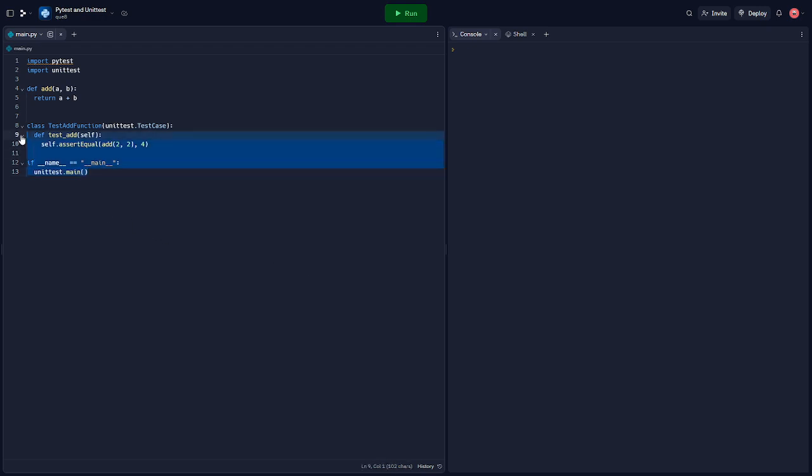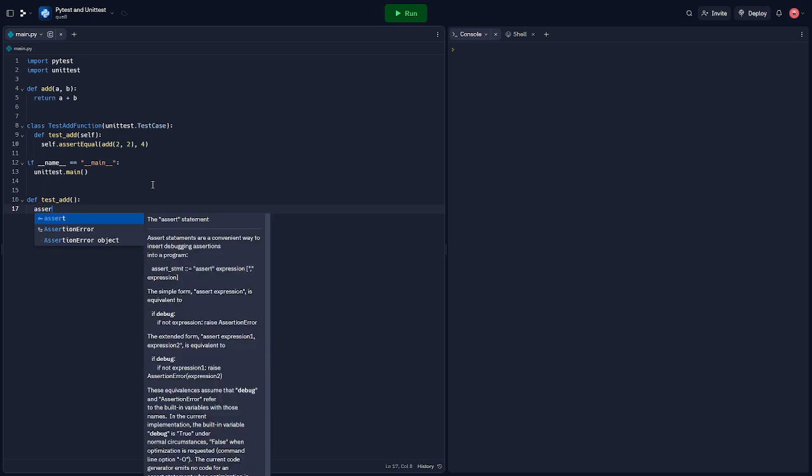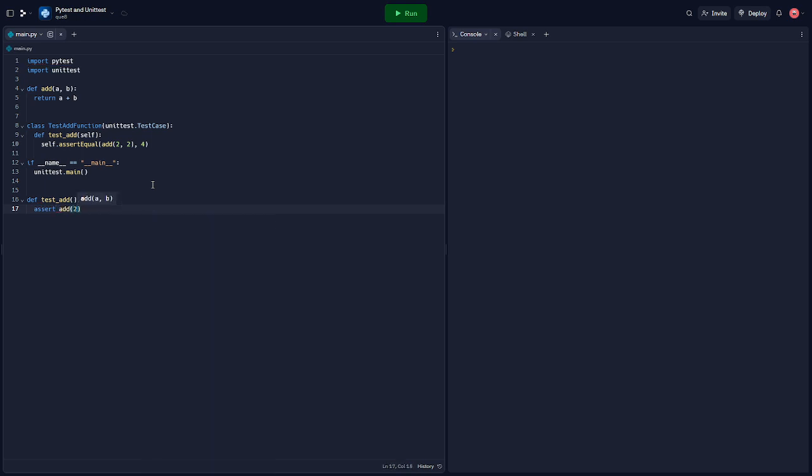So here's what we're gonna have to do, or we'll keep that there. All we have to do is def. So as you can see, Pytest is a lot more straightforward. We just define a function that starts with the word test and then use a simple assert statement to test